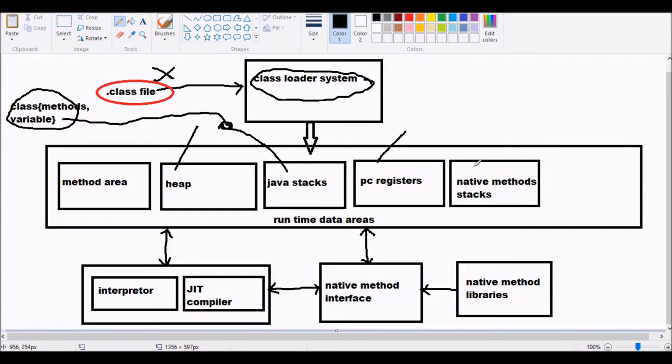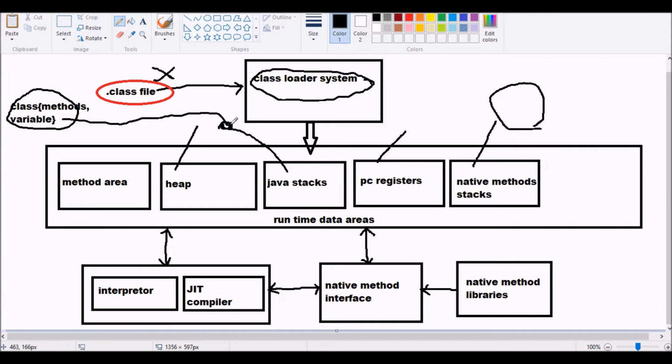After that, there is a memory block called native method stacks. In a Java program, there is flexibility to write C and C++ programs, and these are executed in the native method stacks.